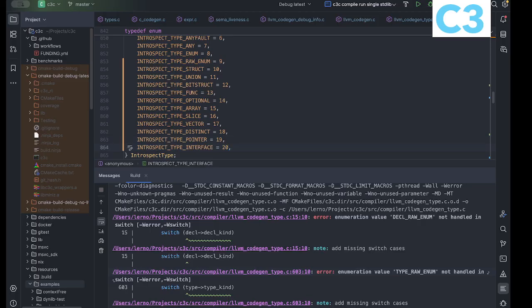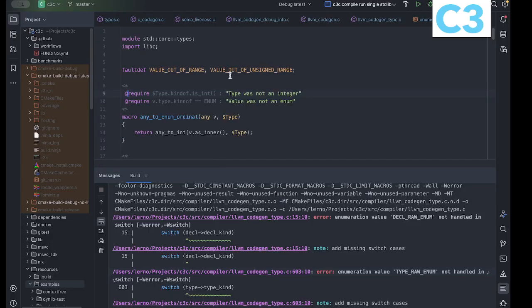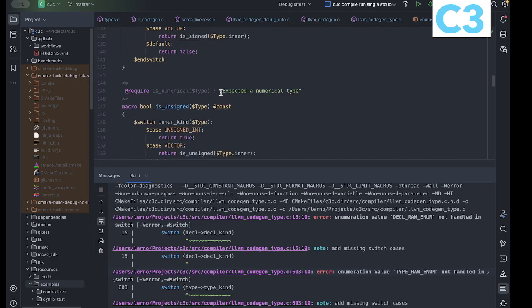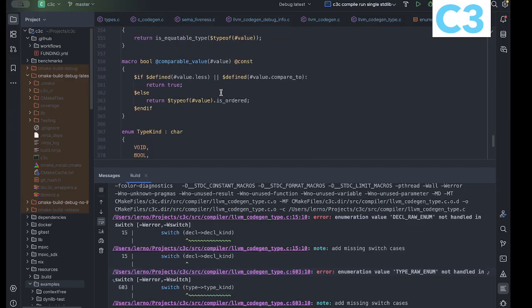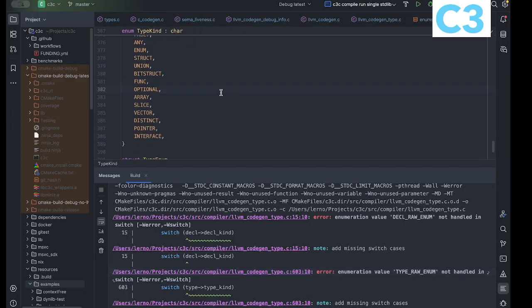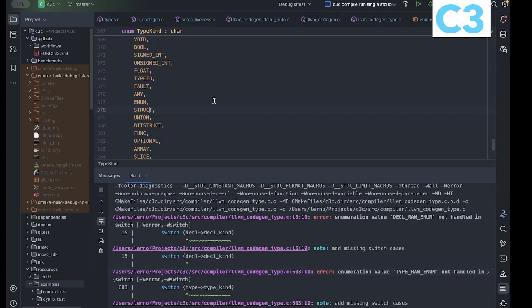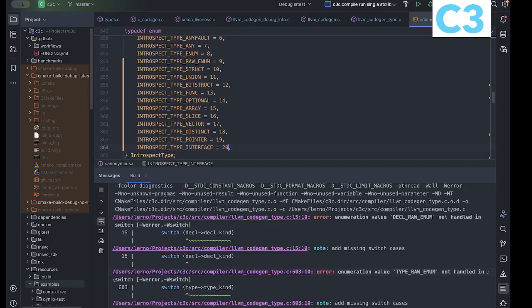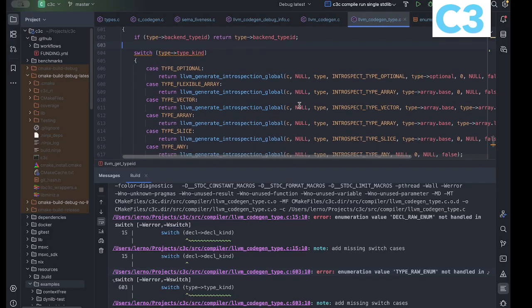Good types, C3. And there should be, yeah, these. So after the enum, we get the raw enum, right? The raw enum. They're supposed to match. Right, and then we have what next? So, okay,